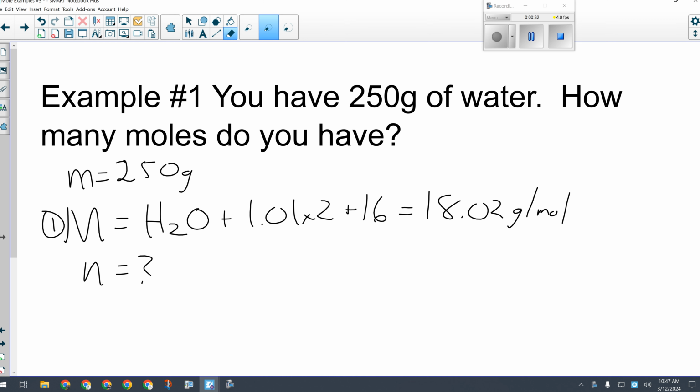All right, so very little to do here. n equals little m divided by big M, and we are looking at 250 grams divided by 18.02. Incidentally,